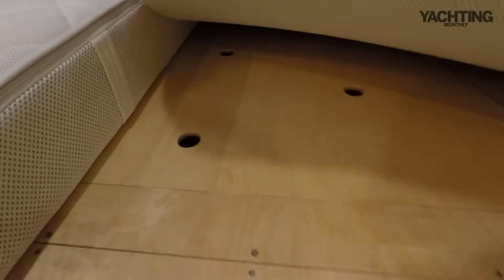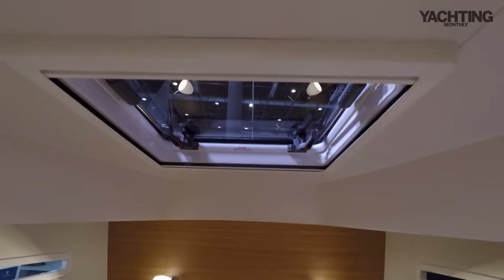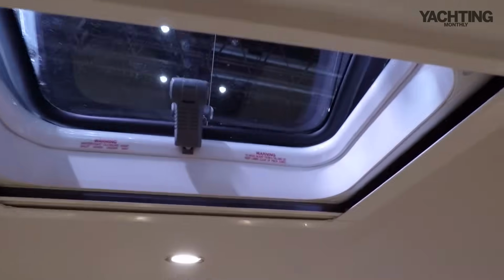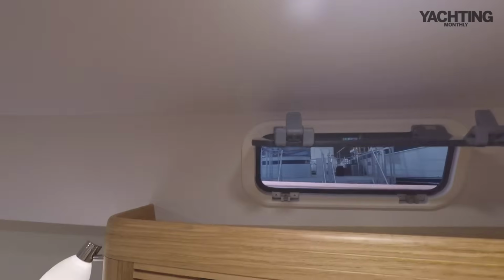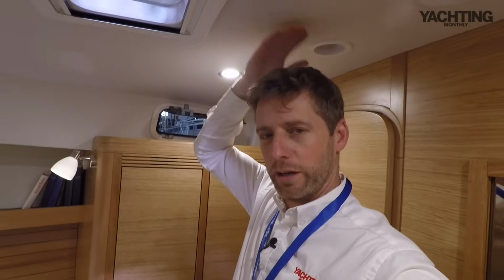Under the berth, let's have a look. Yet more stowage. That's the good thing about having tanks aft. You get the weight in the right place, and it also frees up a cavernous space under the berth here. There's lots of ventilation in the forward cabin, so you've got an opening hatch here, which is a flush hatch, and then you've got another small one above your head when you're changing, one to starboard and a similar one to port. And importantly, you've got loads of headroom. I'm 185, so you're about 195 of space headroom in this forward berth, so there's plenty of space to stand